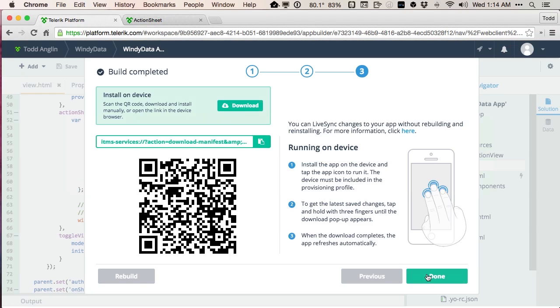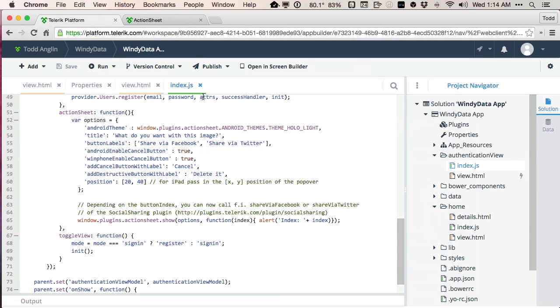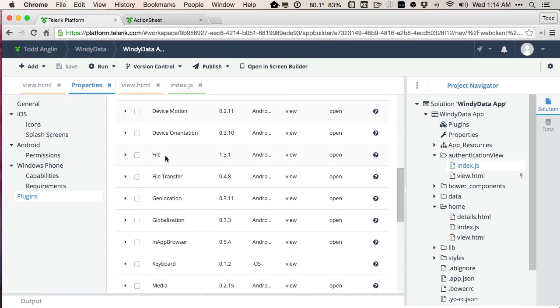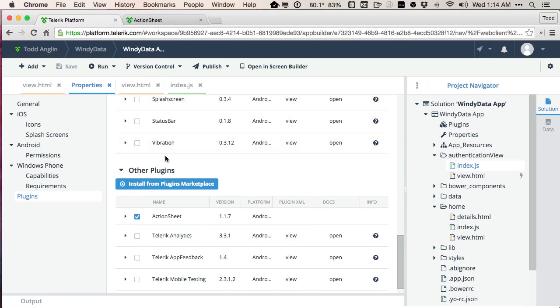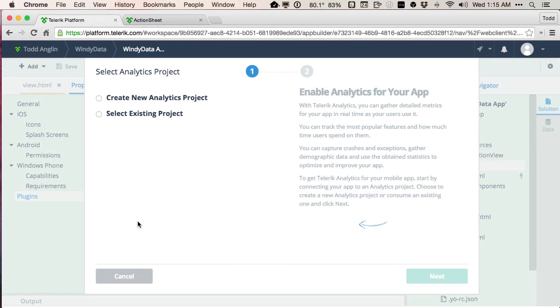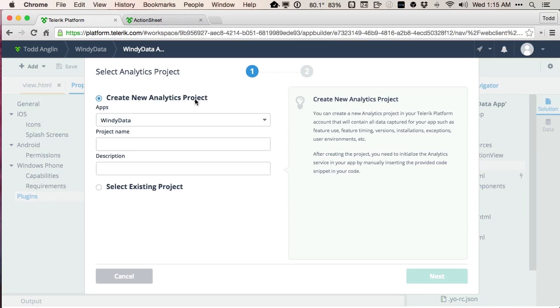So we'll go back over here to our platform environment. And you may have noticed when we were configuring our properties, in addition to the core plugins that we have here in the import from the marketplace plugins, there are a few other default options we have below, like Telerik Analytics and Telerik App Feedback. When I check this button, it's going to automatically help me create a new analytics project and wire that up to my application. So I can go ahead and say a new Windy Data Analytics